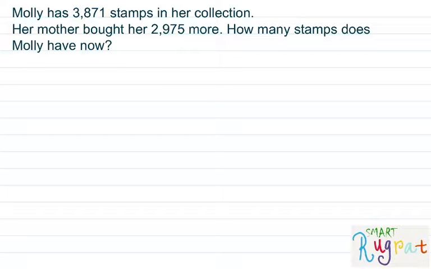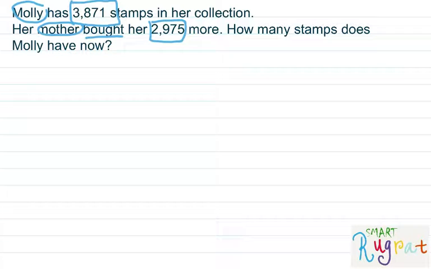My who is Molly, so I'm going to put a circle. And what does Molly have? 3,871 stamps. Now let's go on to the next one. Her mother bought her 2,975 more. Who's the who there? It's the mother. And what did the mother do? She bought